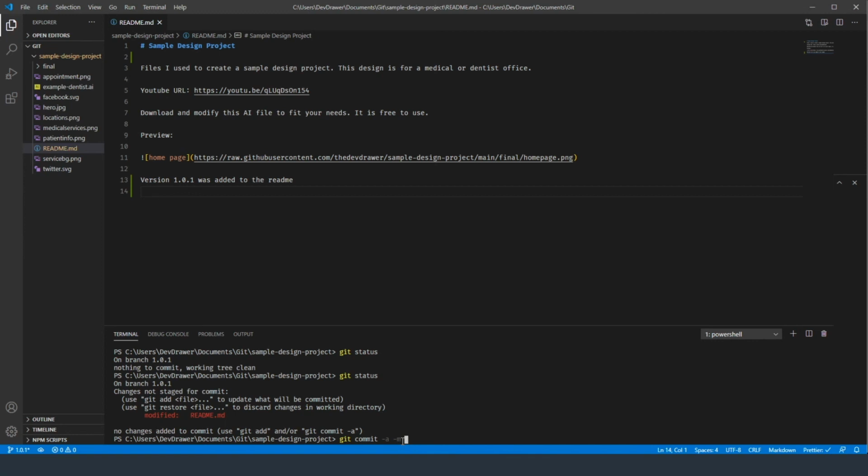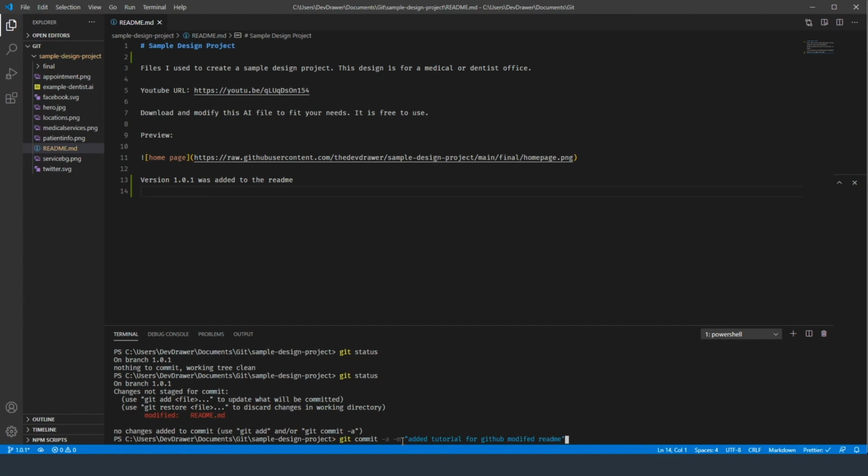to write the message in this window rather than having to open up a new file. If we just ran git commit -a, it's going to commit it, but then it's going to ask us for a commit message, and it's going to open you up in a nano editor or something like that. So if we want to do this in the terminal window, we do commit -a -m, and then we add our commit. So I'm just going to add in "added tutorial for GitHub modified README", and then I'm just going